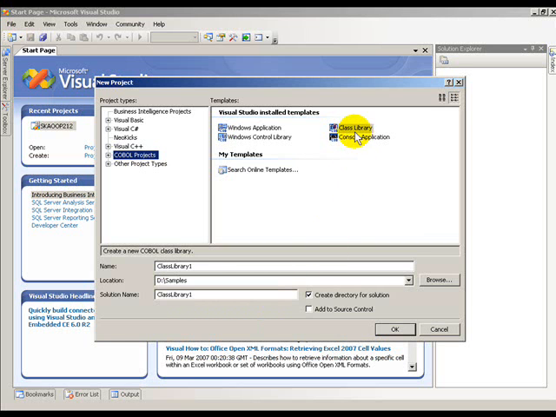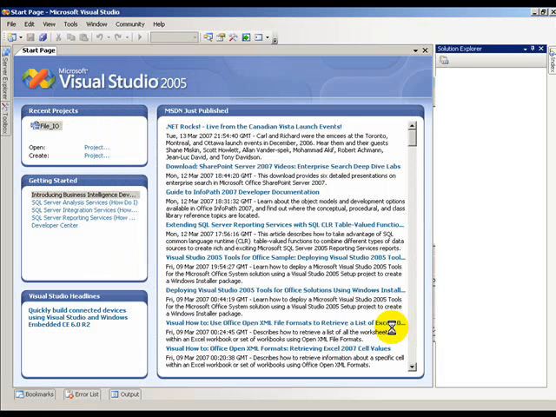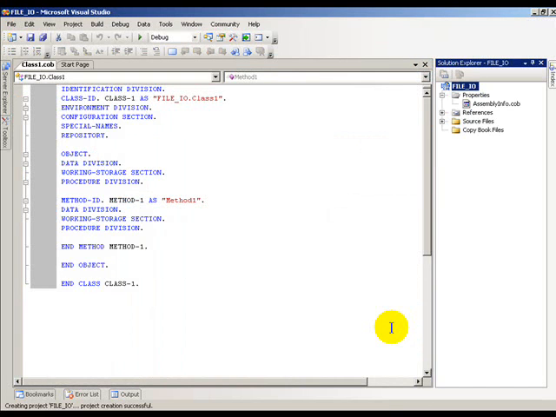So I'll do this, start it out as a class library, and I'll just go ahead and name this something a little bit more meaningful. We'll call this file underscore IO, and that basically takes care of it. So that's the name of my project, and of course you see the solution name is there, and of course I'm going to create a directory for the solution under my D sample subdirectory. I'll go ahead and say OK, and now what you'll see is my Solution Explorer is now populated with